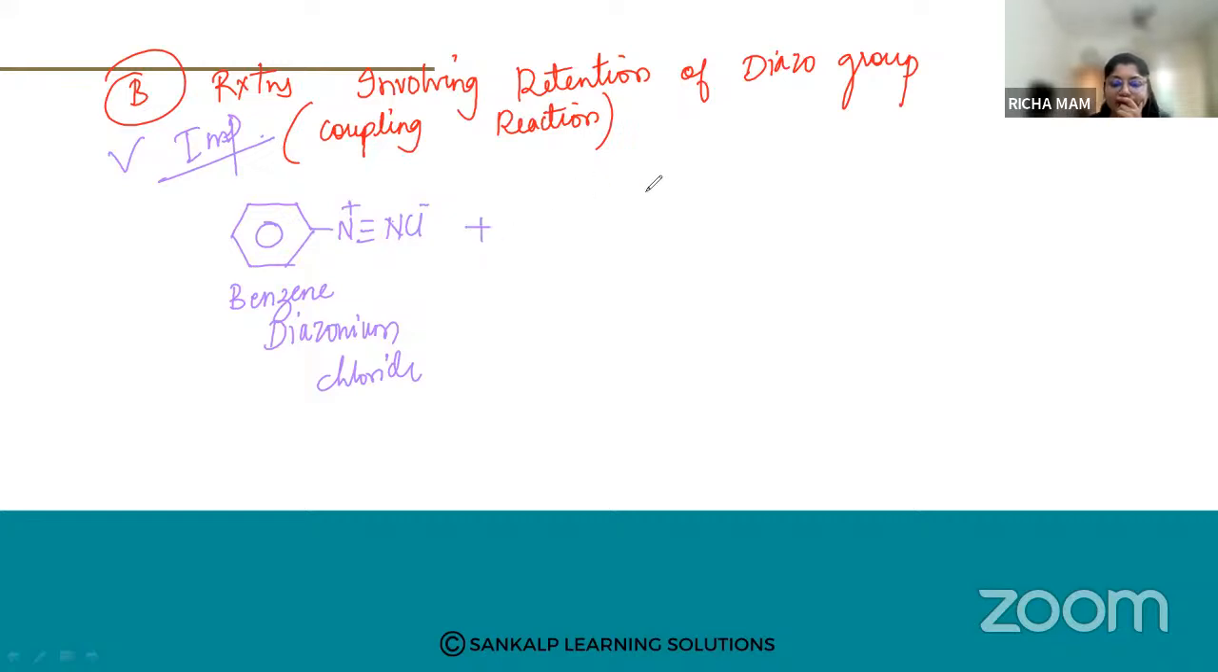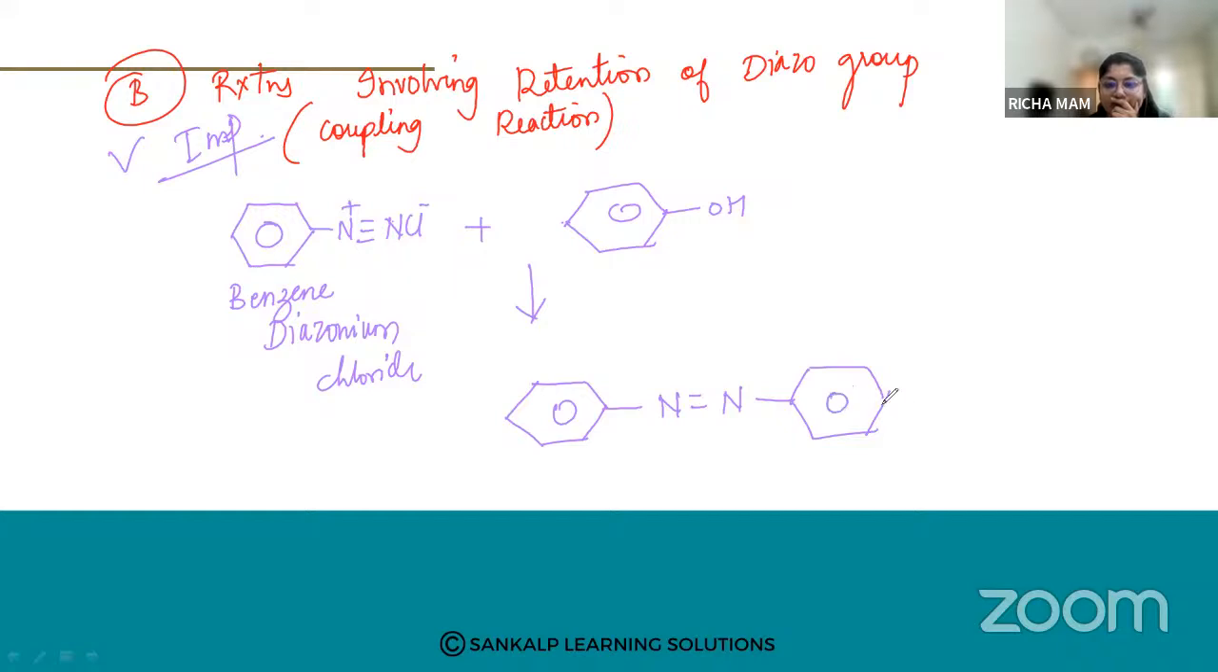This benzene diazonium chloride, I'm going to react it with phenol. The diazonium salt is going to react with aromatic compounds like phenol. What am I going to get? I'm going to get a coupling reaction. So, I'm going to get N double bond N, and this will attach to this ring, and we are going to get OH. So this is a coupling reaction. This is a compound called